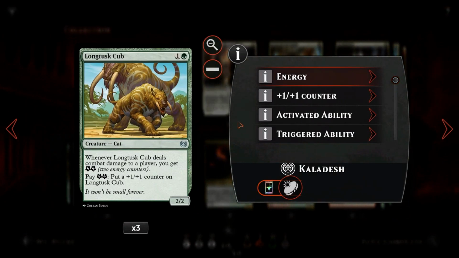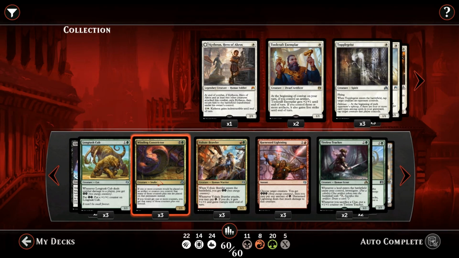We're also playing Longtusk Cub, which is our preferred turn 2 play, as if we can connect with the Longtusk Cub once, then we start generating an incremental advantage every time, generating energy, putting +1/+1 counters on the Cub, which makes it then easier to connect again with the Cub, and then of course all the great synergies in the deck, with other cards that generate energy and cards that increase the number of +1/+1 counters,